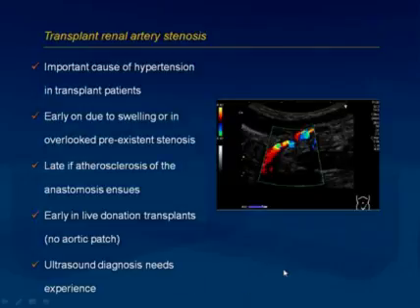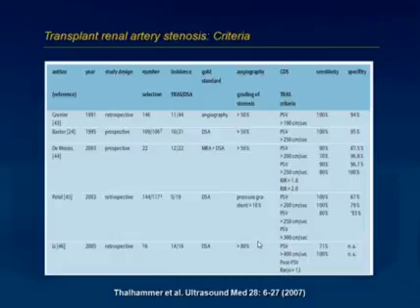Ultrasound diagnosis of transplant renal artery stenosis needs a lot of experience, as emphasized before. The criteria for diagnosing transplant renal artery stenosis remain somewhat controversial, as reviewed nicely again by Christoph Thalhammer from Switzerland in his review in 2007. Most people would say that maximum velocities in a healthy transplant renal artery are up to 250 centimeters per second. A proper transplant renal artery stenosis, most people would agree, will need velocities around 300, 400, 500 and above